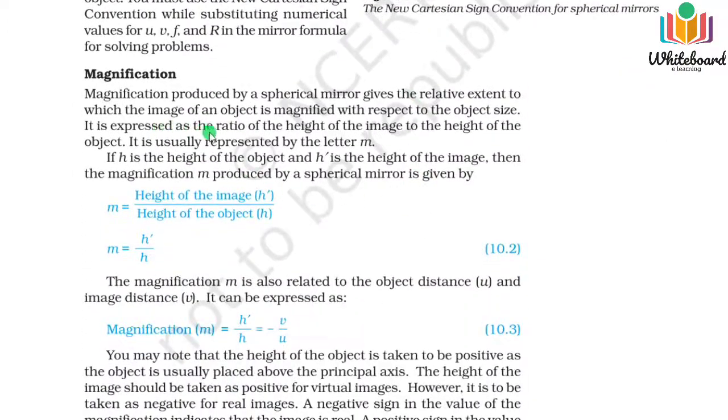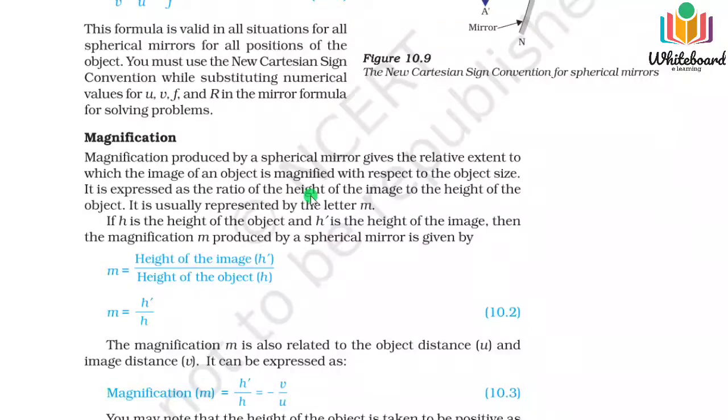Now magnification. Magnification means what image will be formed with respect to the object. So there will be some change in size. Sometimes it will be similar in size, sometimes bigger with respect to the object, sometimes smaller. This is measured by m, the magnification. So the height of the image h dash by the height of the object h. In some other books it is written as hi by ho, I means image, o means object. So with respect to the object, how much change has occurred in the size of the image,